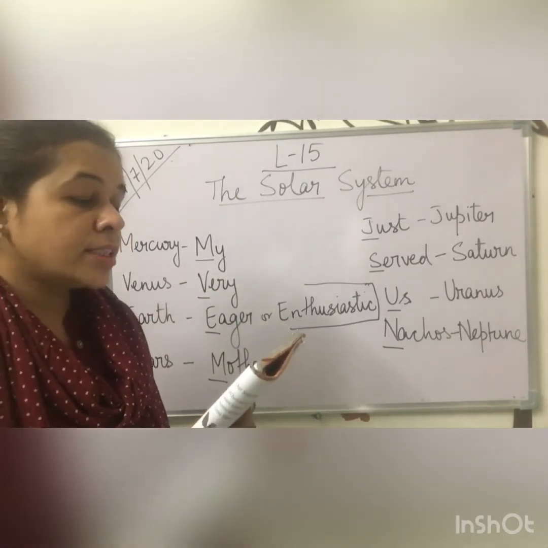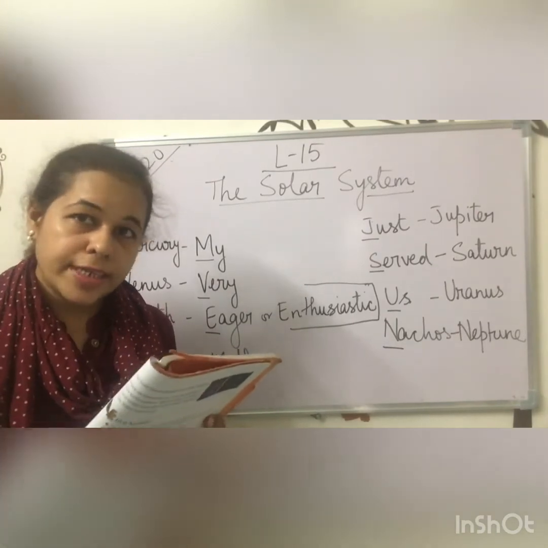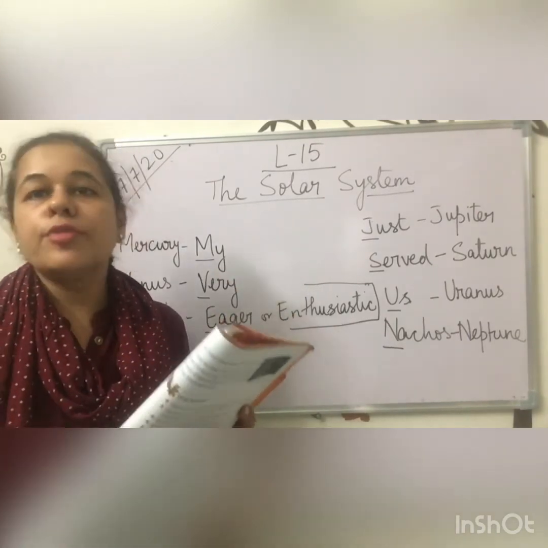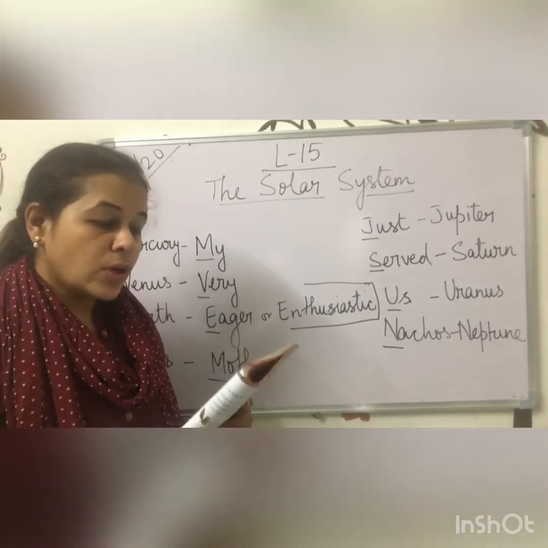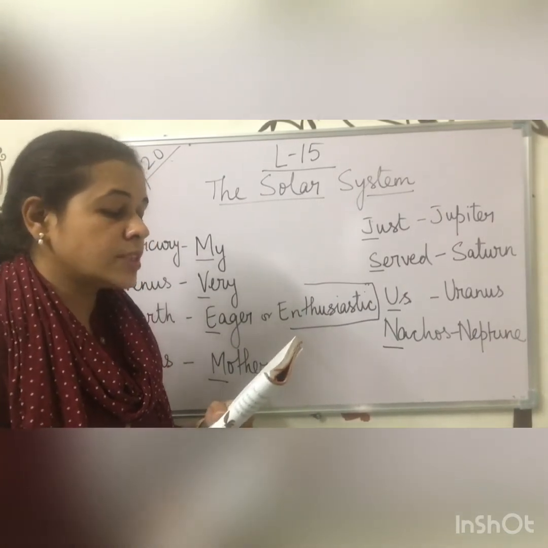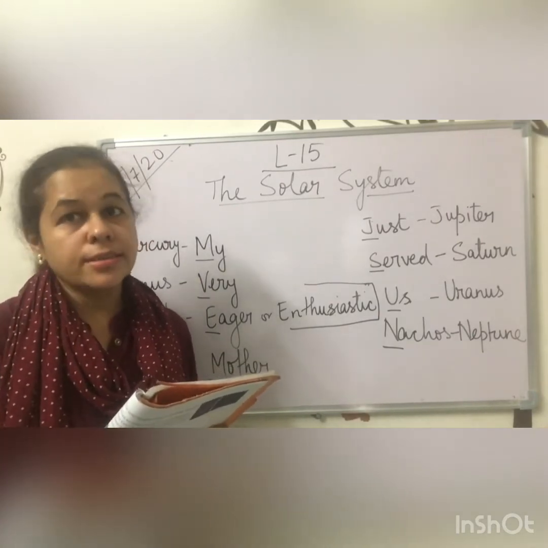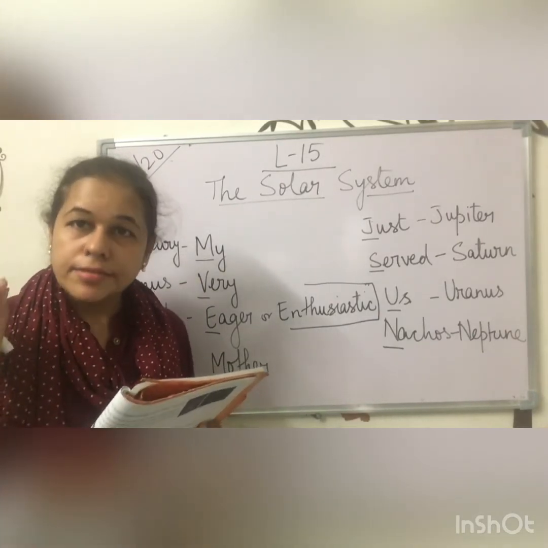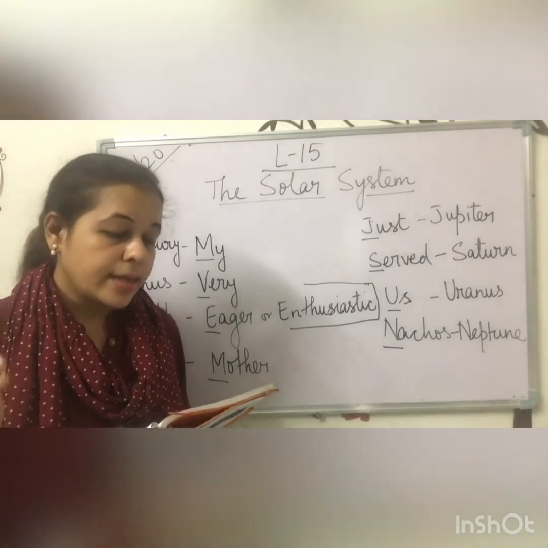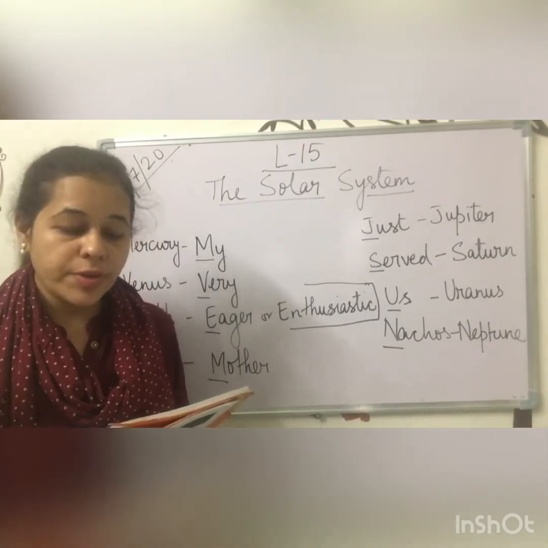Neptune is the farthest planet from the sun. It is the last one, means it is away from the sun. Because of this, it receives very little heat from the sun and has the worst stormy weather. Since it is very far from the sun, it receives very little sunlight, and the weather there is very stormy.